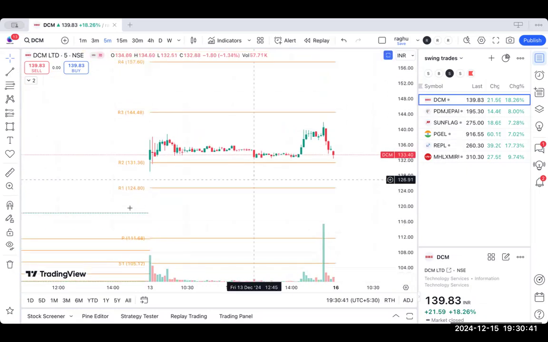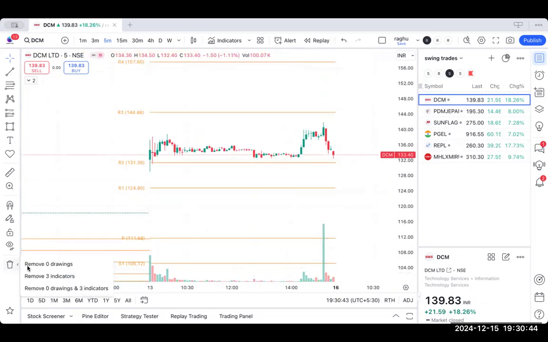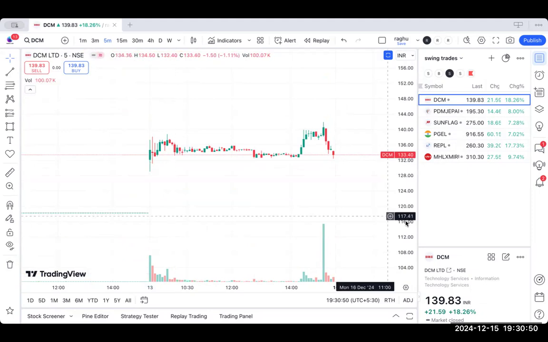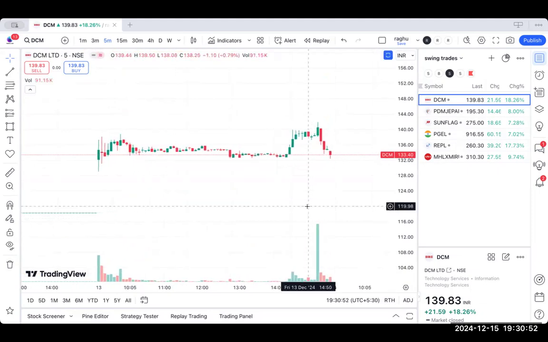I'm not looking at these indicators. I'm removing those indicators because I hate indicators. Yeah, DCM, if you observe,